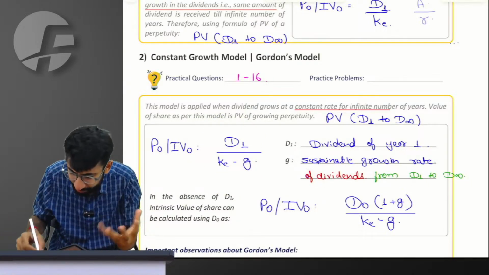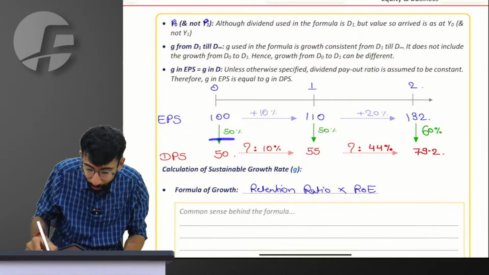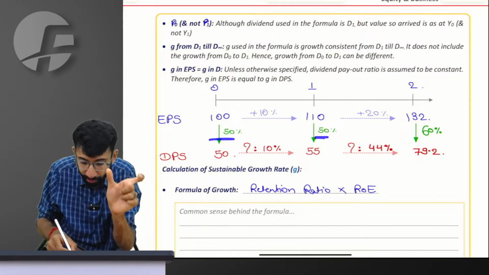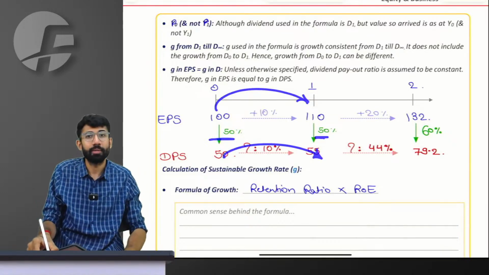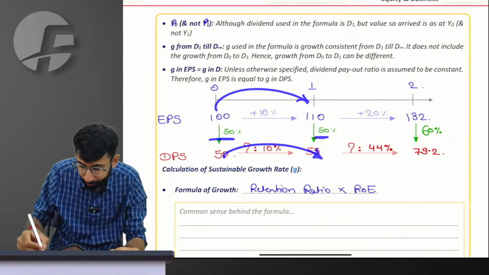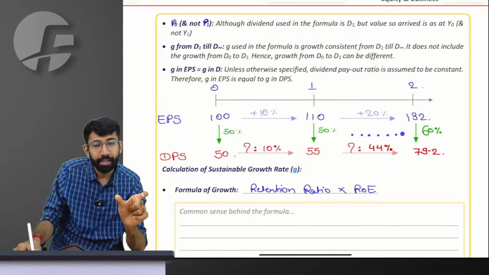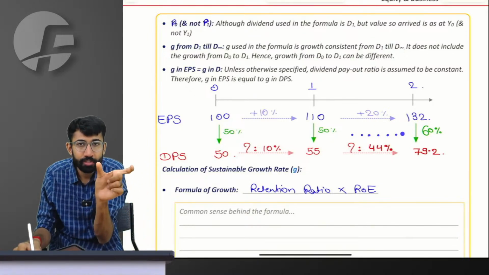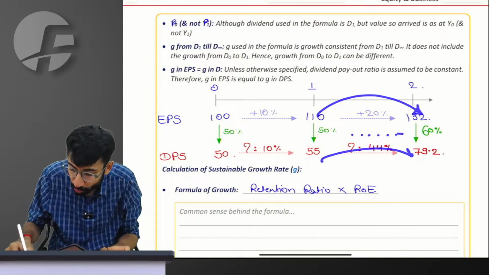Sir, sometimes the examiner might give you the growth of earnings and not the growth of dividends. So if the payout ratio of 2 years is constant, then the growth rate between the earnings and dividend of those 2 years is also constant. However, if the payout ratio of 2 years is not the same, then the growth of earnings between those 2 years will not be the same as the growth